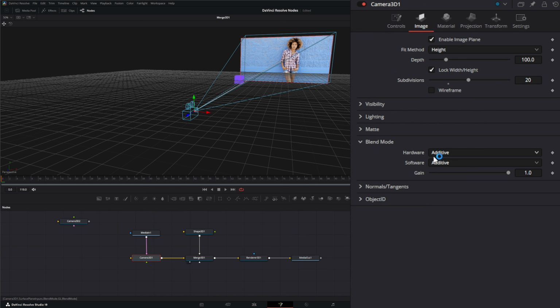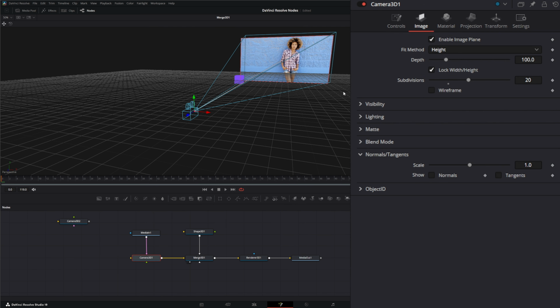For blend modes, we just have our blend modes, whether it's additive, subtractive, cumulative, replace, transparent matte, or a solid matte. And the difference between hardware and software is just whether this is being hardware driven or software driven. So if you see, our software has much more options as far as how we're treating that blend mode, and it's got all of our typical blend modes, whereas our hardware is just pretty much hardware based and fairly limited. And you've got a gain value. If you change that,